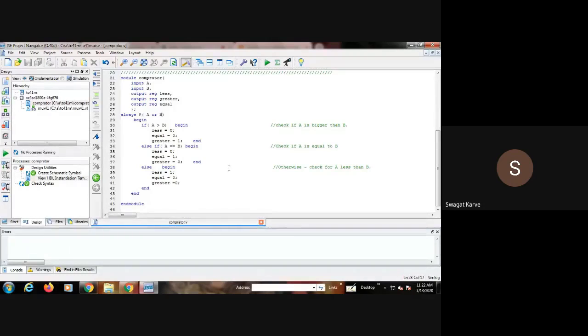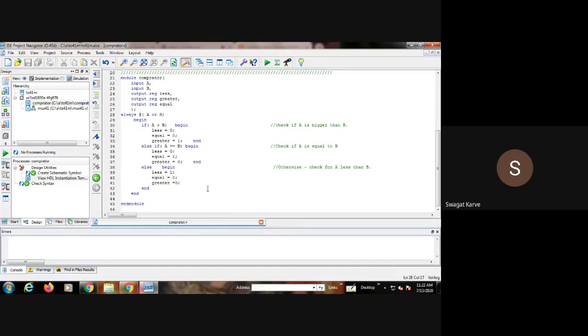Clear with this? So this is how you can execute any combinational and sequential code with this Xilinx simulator, right? Doesn't matter whether you are going for the Verilog module or VHDL module. You have to use the appropriate syntax, and you can execute any module. Whether you write VHDL code or Verilog code, the process is the same, the logic is the same.